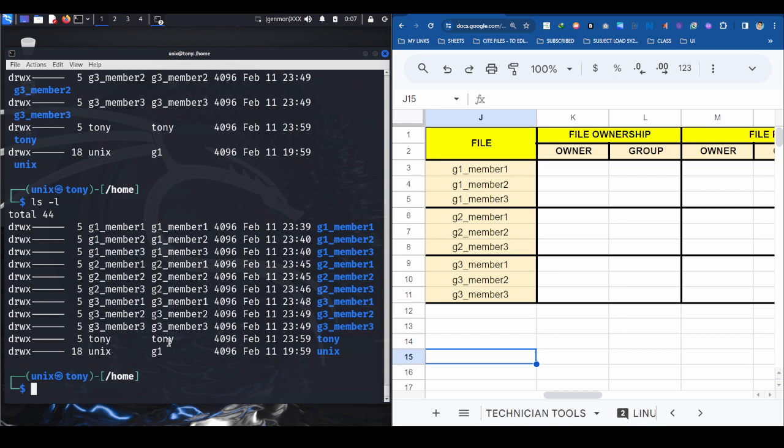Tony, this one: the user or the owner of Tony has the ownership of the Tony file or directory, and a group. Okay,